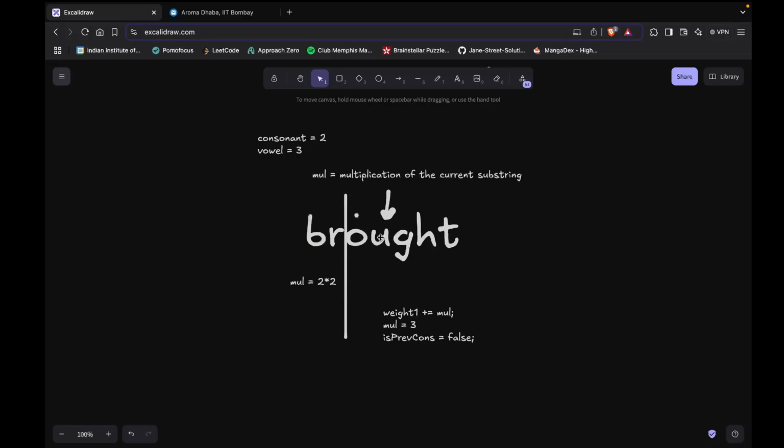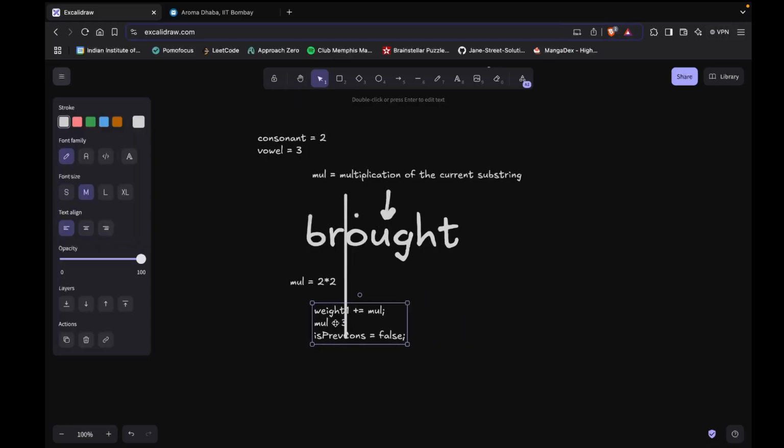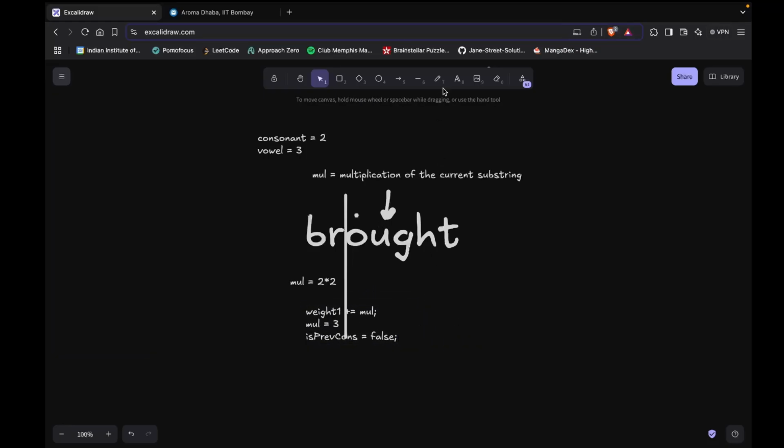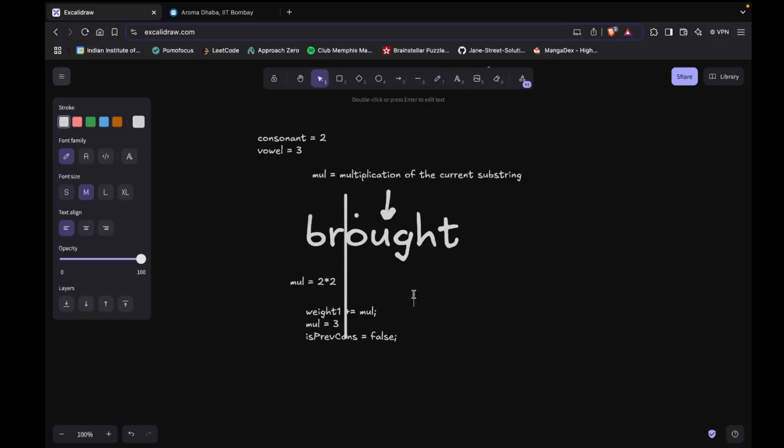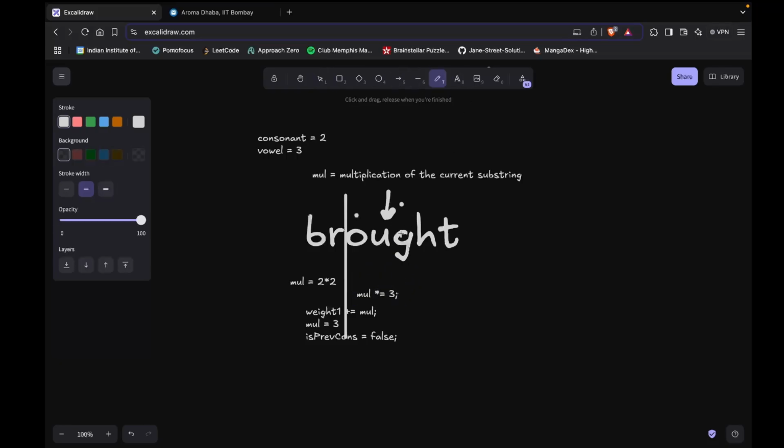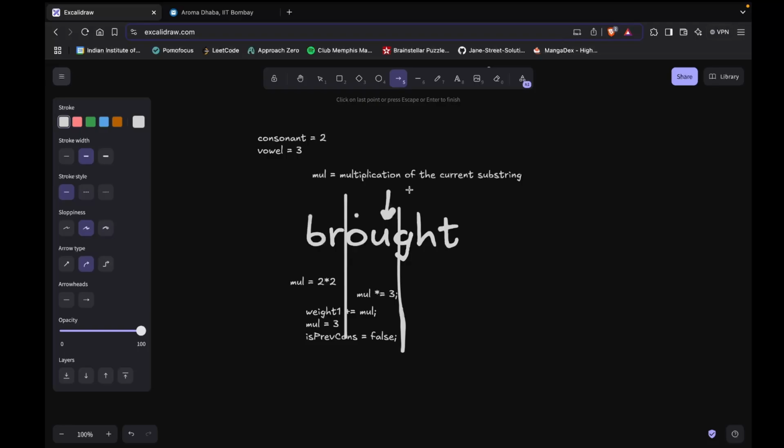And over here, what you will do when you are at a U is you will simply do mul multiplied by 3 over here, because the previous one was a vowel and this is also a vowel, so you're continuing in the same substring. So you will just multiply mul with 3 over here, and then when you reach, so this is the end of the other substring, right? So when you reach G over here,